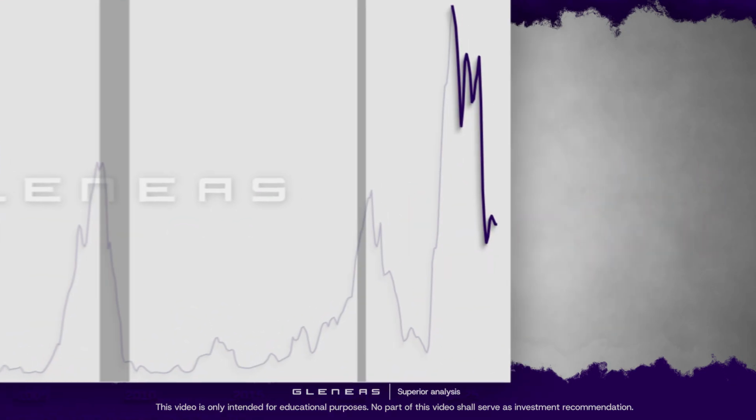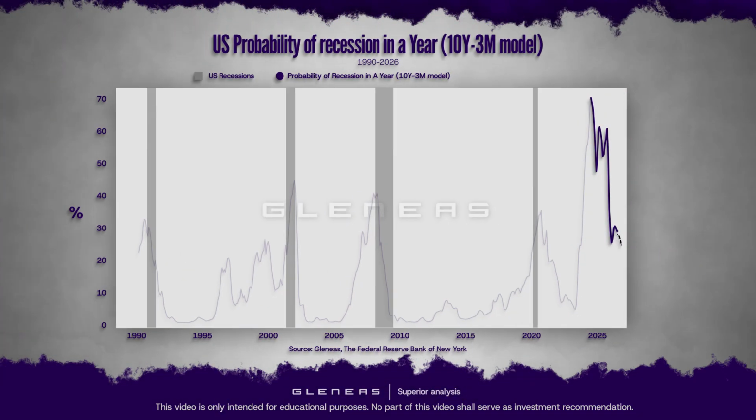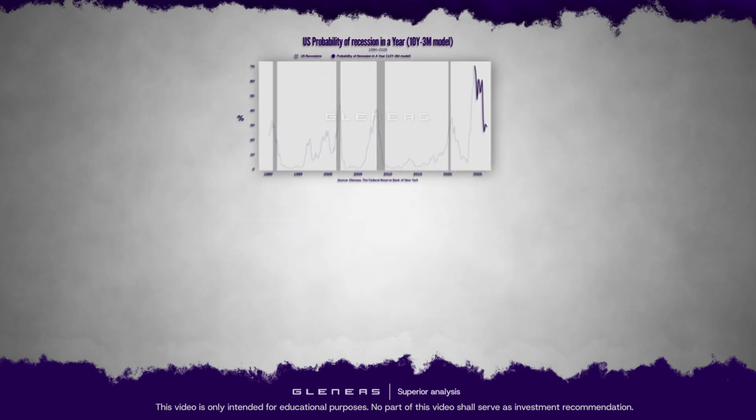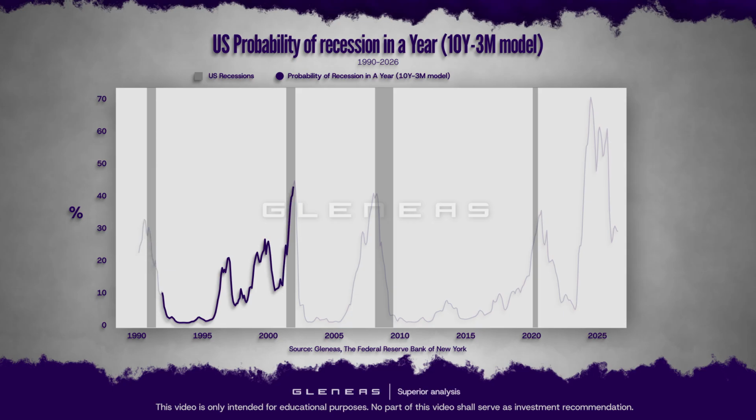The sharp fall from the 2024 to 25 peaks suggests the yield curve is sending a much less alarming signal now, so recession is clearly no longer the model's main expectation. What's interesting is that the probability has not returned close to zero. The yield curve has improved, but it is not steep enough to signal an entirely normal, low-risk environment. More importantly, the model never treats recession risk as literally zero. Even after an inversion ends, restrictive interest rates and their delayed effects on borrowing and spending can continue to weigh on the economy. So this chart is essentially saying the danger has eased considerably, but the economy isn't still perfectly